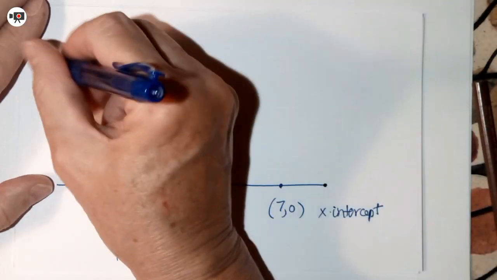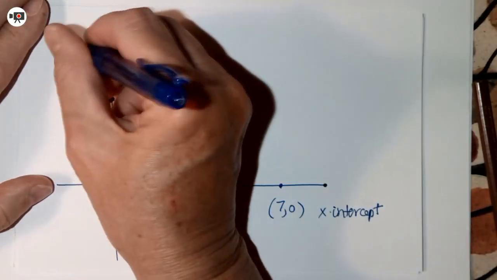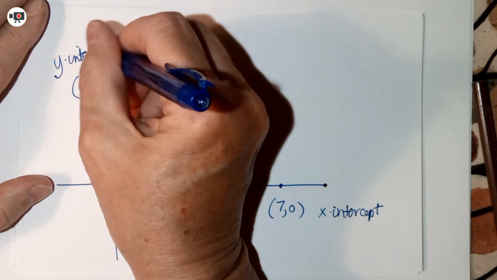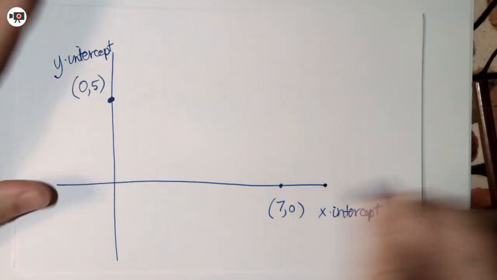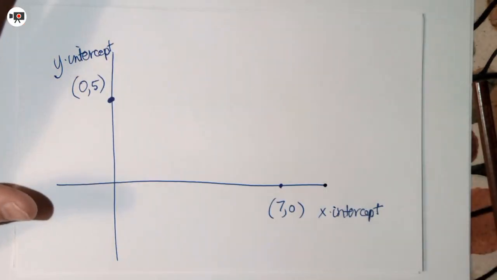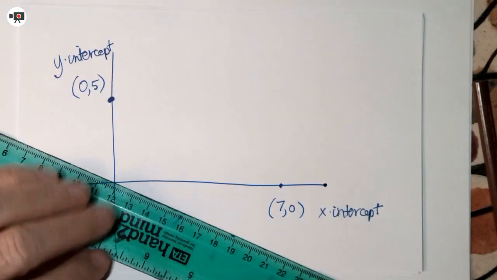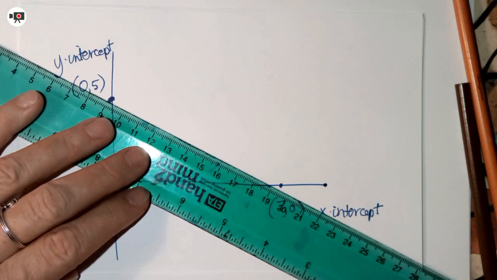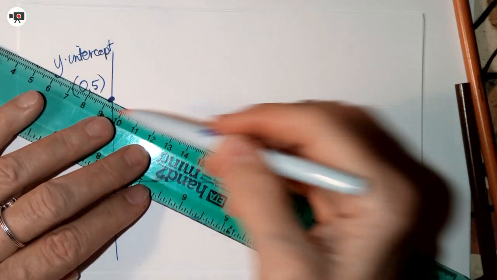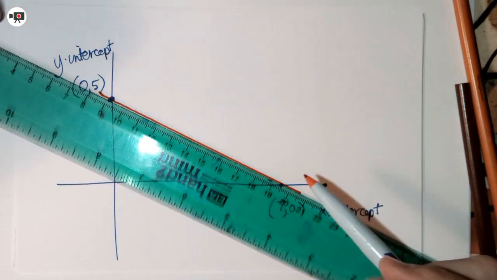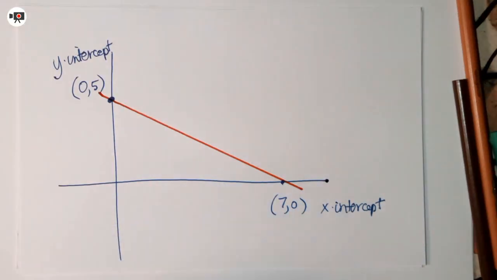Okay, this is the y-intercept. Remember, intercept means where it intersects the axis. So if we go ahead and draw this as a line, that's 2 points for the line, so we can use it to draw a line. If we do that, then